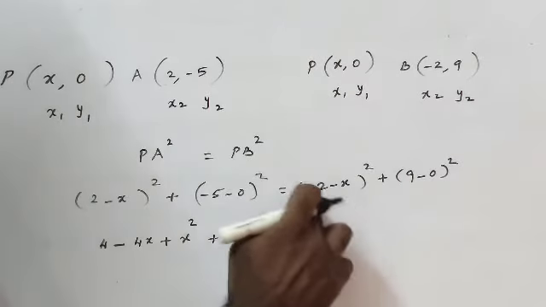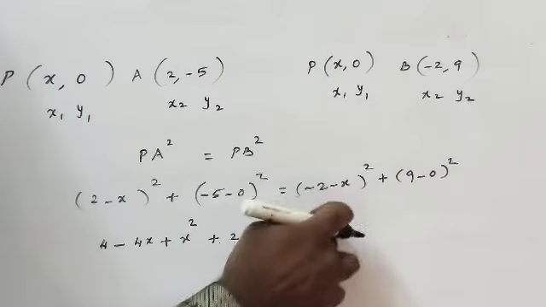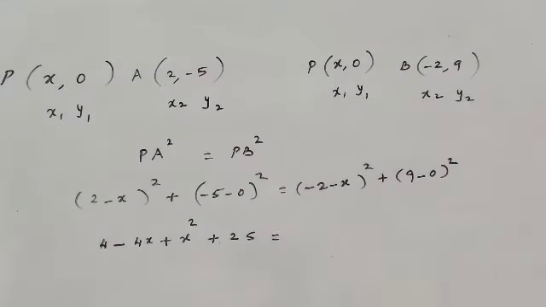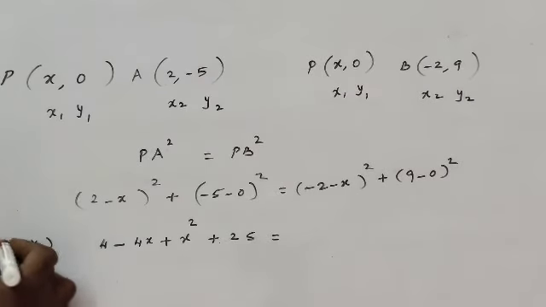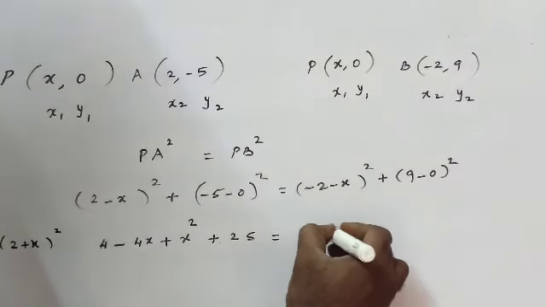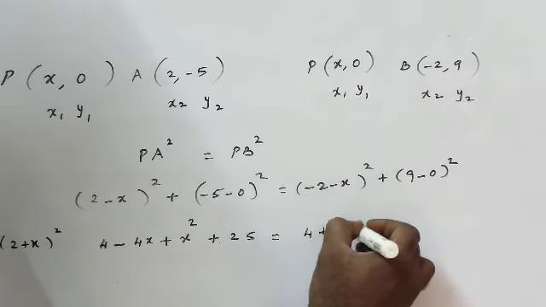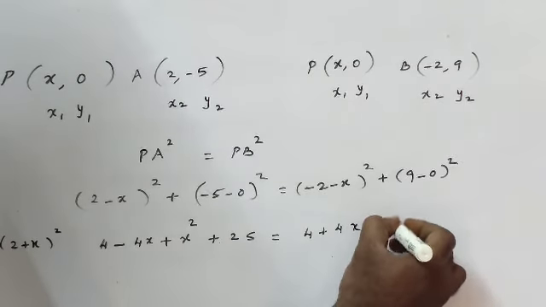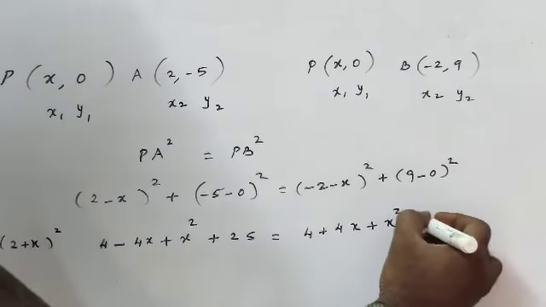Like that, in the right side, we can take the minus symbol as common. Squaring of the minus symbol gives plus 2. So we have 2 plus x whole square. It looks like the a plus b whole square formula, so expand it like a plus b whole square. A square, that is 2 square, 4, plus 2ab, 2 into 2, 4, 4 into x, 4x, plus b square, that is x square. Then 9 minus 0 gives 9. 9 square means 81.